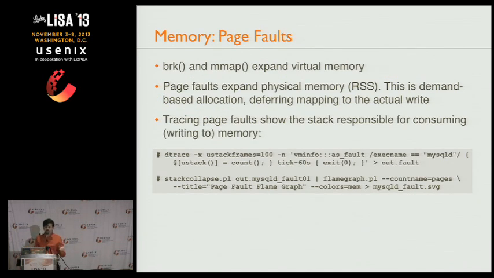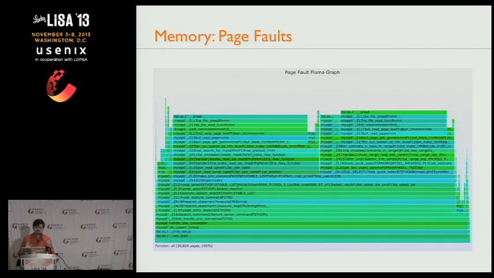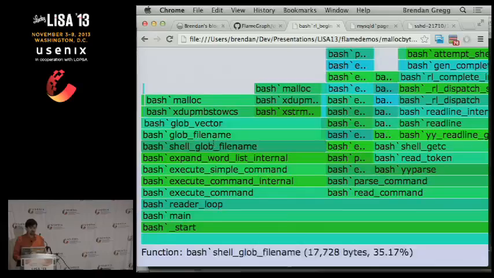Page faults was the fourth type, and that is where the application actually writes to memory that was allocated, and it figures out the operating system had been lying to it all along. No, you don't actually have the pages of memory mapped. It's a page fault. That's when the MMU tells the kernel to go map it in. And that's great because this flame graph shows us, that's a page fault flame graph.